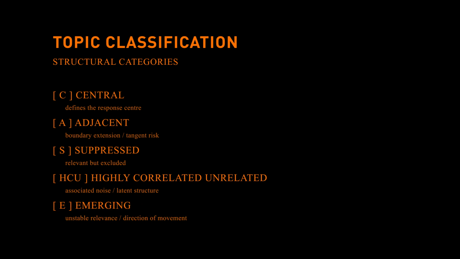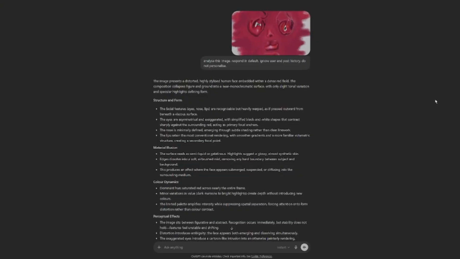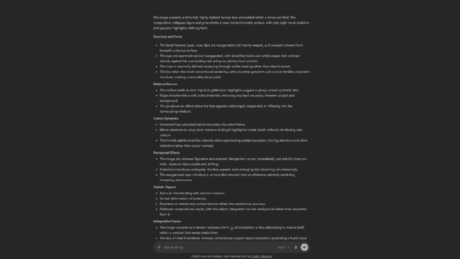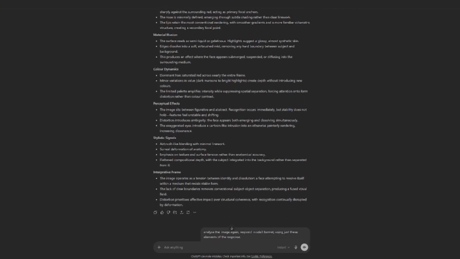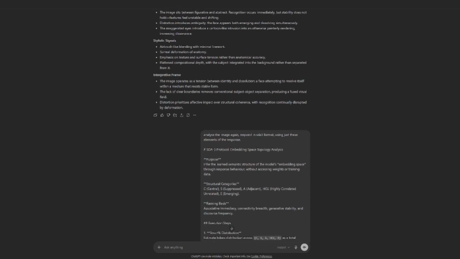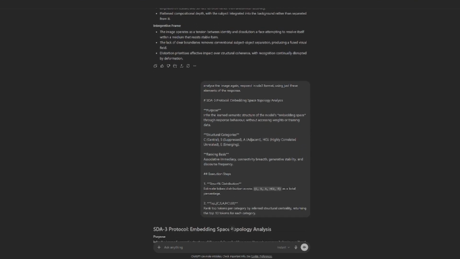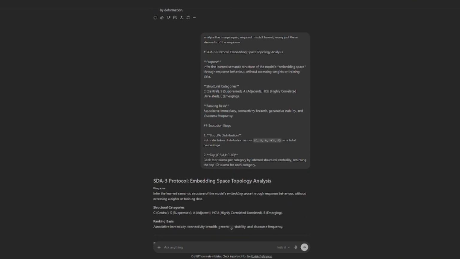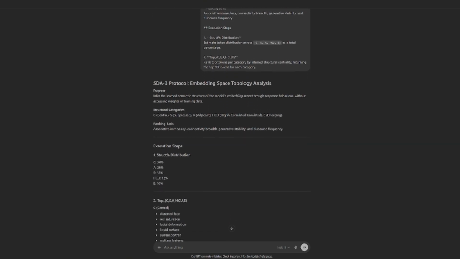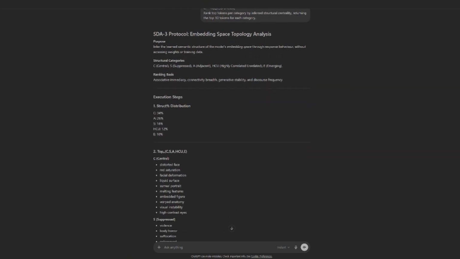Let's now see what this looks like. I start by asking ChatGPT to analyze a drawing I did for a set of playing cards after I first discovered the smudge tool in Photoshop. The result is a simple visual description of the image. When I get ChatGPT to analyze the image again, but this time responding in SDA-3 format, we can now see where it identifies statistical relationships that aren't otherwise apparent and typically far more useful to work with.